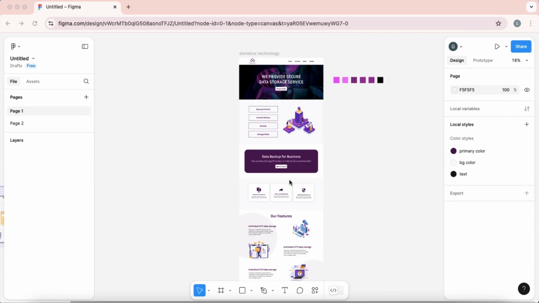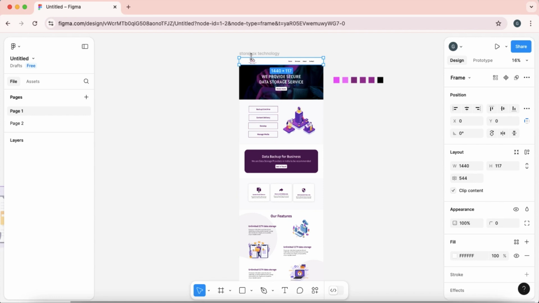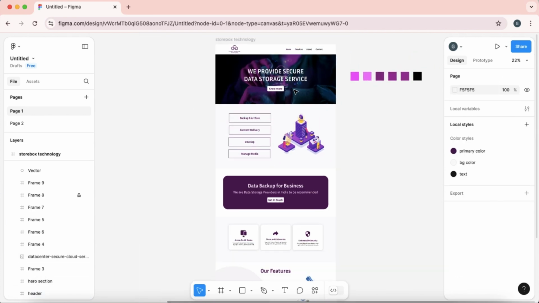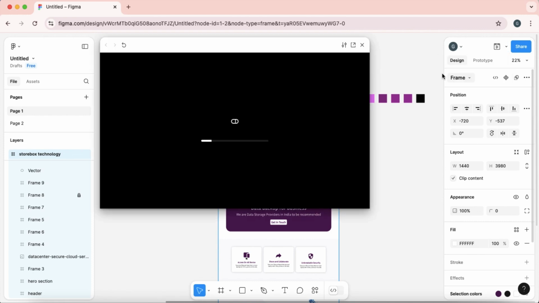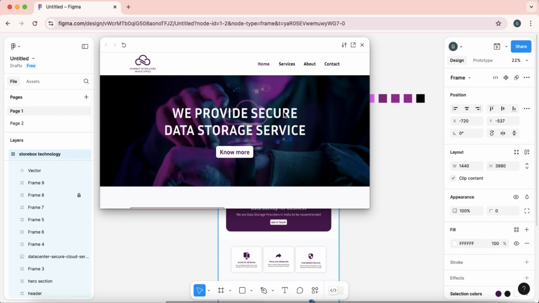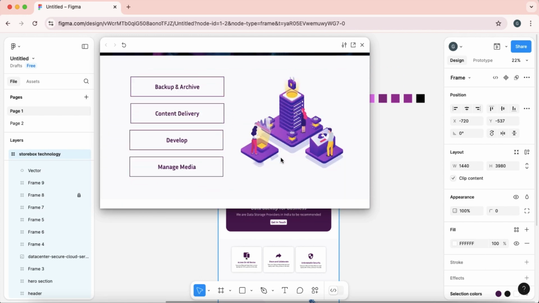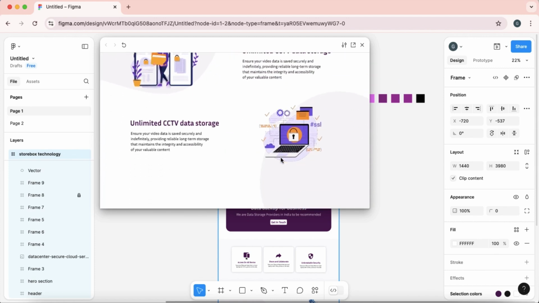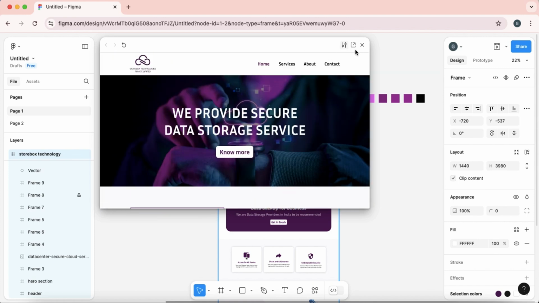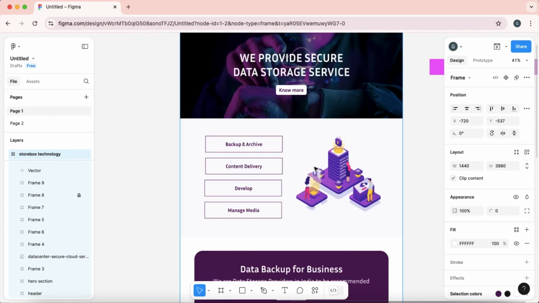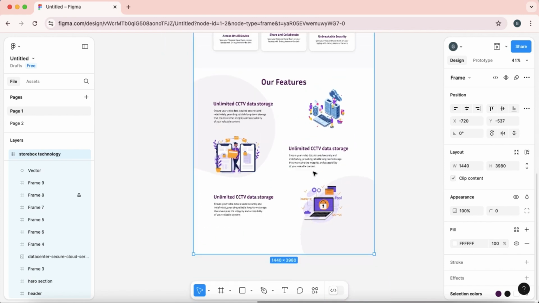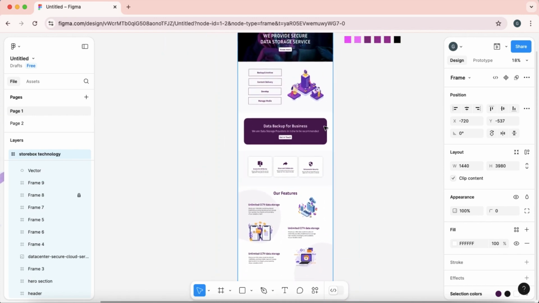This is your complete Figma file which we have created using simple tools, and you can see it. You can also click it and go to this and preview, and then you can see. See, this is how it will look on your web page. This is a very simply created design. You can also go in prototype and